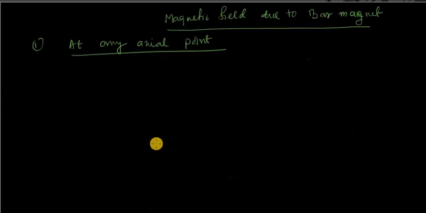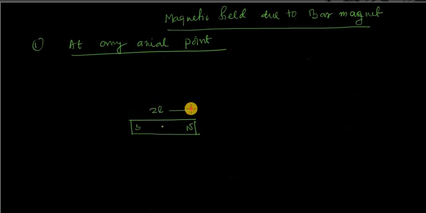Now I'm going to find out the magnetic field due to a bar magnet. The first point you consider is any point on the axis, that is called an axial point. Suppose we have a bar magnet, and this side is the south pole and this side is the north pole, and this bar magnet has a length